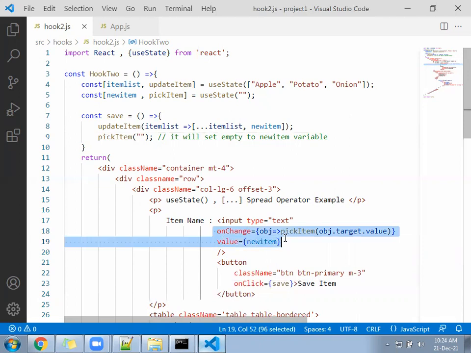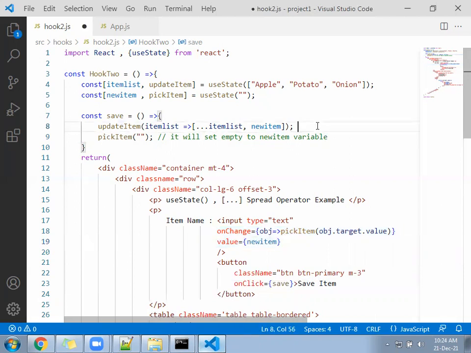This line is called a equal to a plus b. This line is nothing but a equal to a plus b. A is your item list. These are all nothing but the equal to. And this is again a plus b. Comma is working like a plus here. So a equal to a plus b.